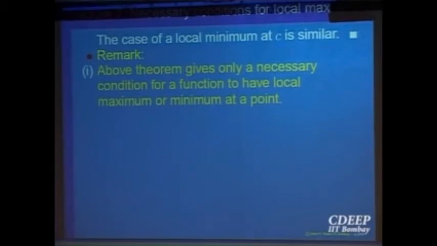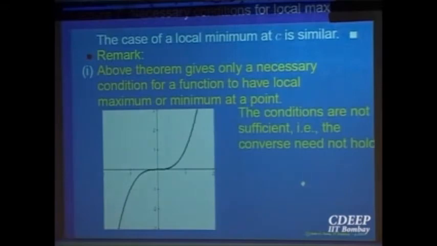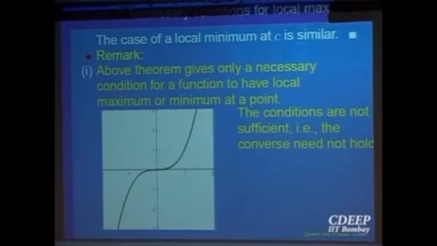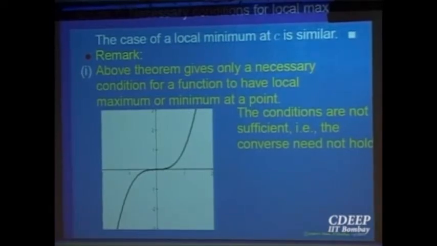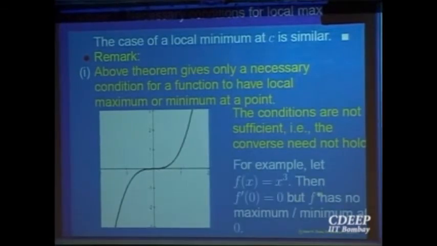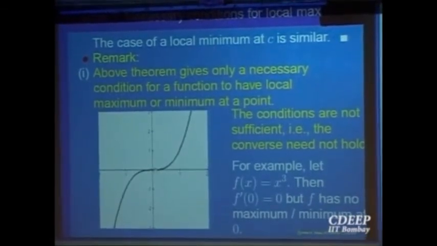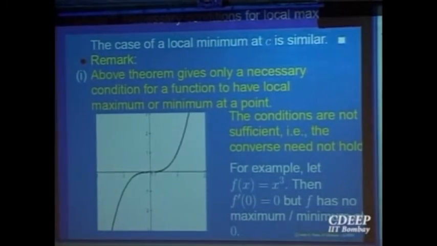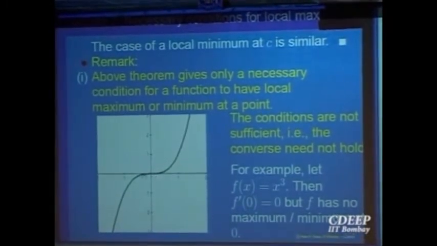We looked at that function y equal to x in the open interval. At the point 0 the value was given to be 1. At the point 1 the value was given to be 0. It had local maxima and minima. The function is not differentiable. And the converse need not hold. So y equal to x cube is one such example. I gave you another one. At this point, the derivative is 0, but this is not a point of local maxima or minima, right?